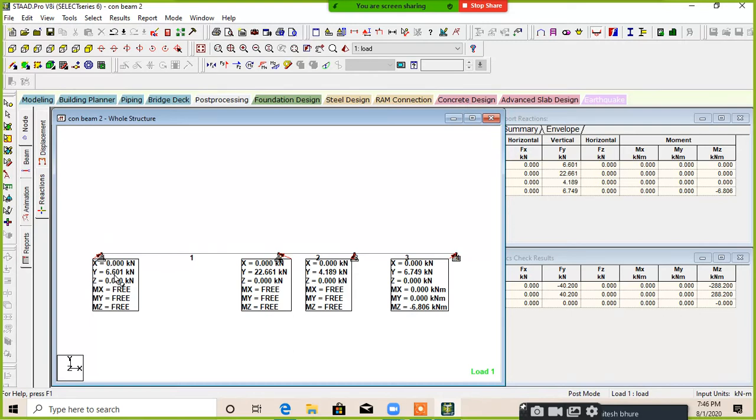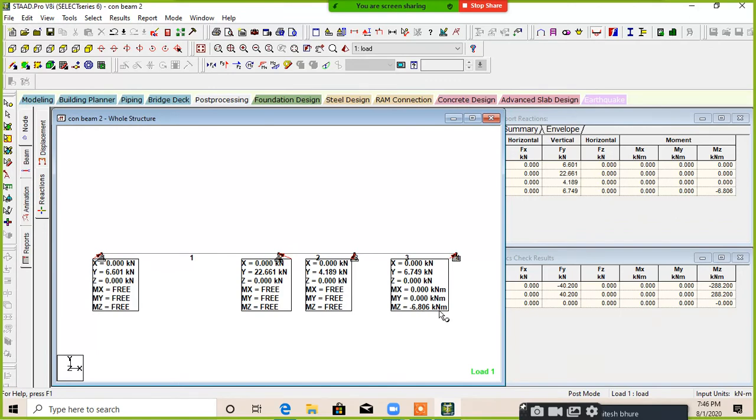In the first support 6.6 kilonewton, in the second support 22.661 kilonewton, at the third support 4.189 kilonewton, at the last support 6.749 kilonewton. The last support is a fixed support, so all reactions will come and the moment will also come. Mz is equal to minus